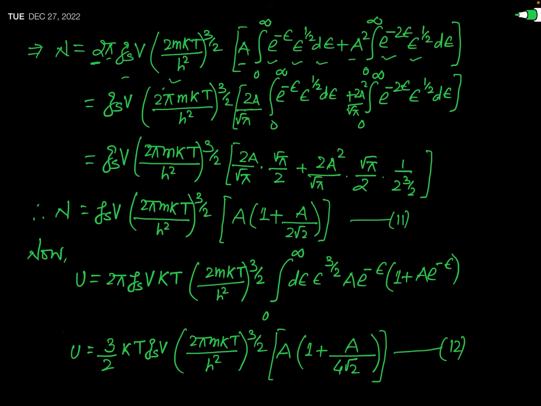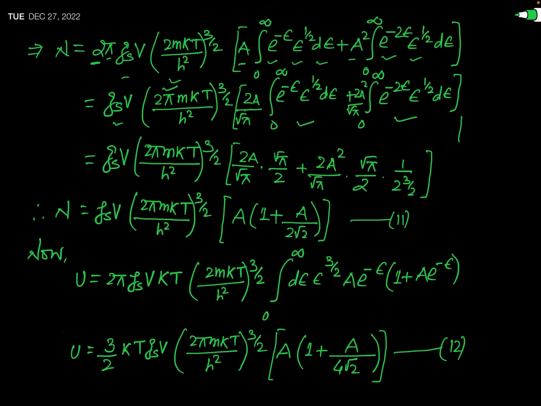So I have written this pi inside the bracket and put on it the power 3 by 2. So you can write this expression as gs into v, 2 pi m kt over h square to the power 3 by 2. Okay, and this is 2a by root pi times this integral and plus 2a square by root pi times this integral. Okay, now you know actually by the use of the concept of gamma function,